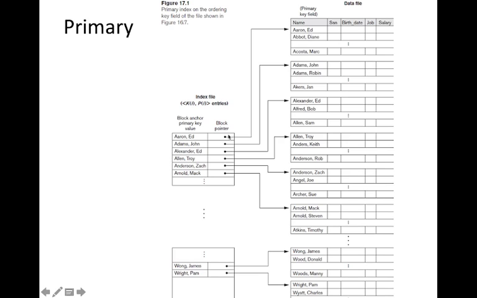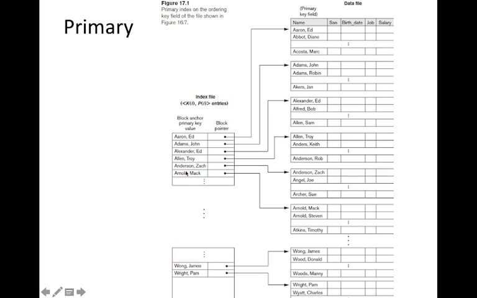So this is ordered. So index file is ordered. So we can simply perform binary search on this. If we want to search Angel Joe, so if we want to get the details of Angel Joe, we'll do a binary search and we'll get Anderson. So Angel Joe is between Anderson and Arnold. So it is in this block. It will be available. So you can simply search in this and you will get the person's details. So this is known as primary indexing.